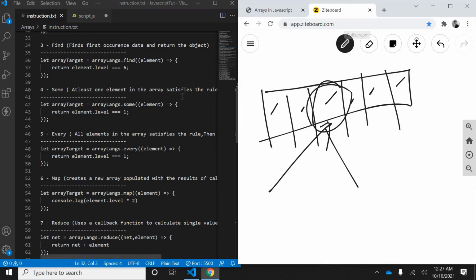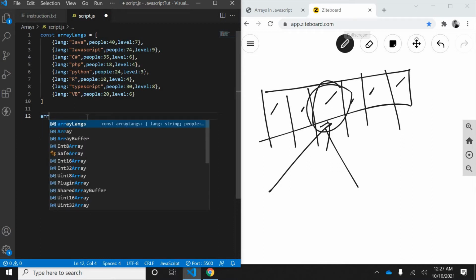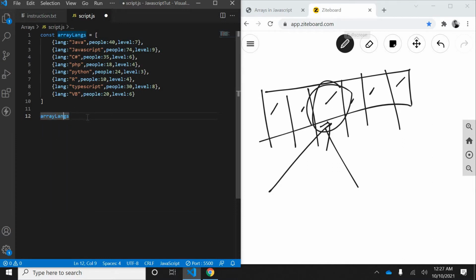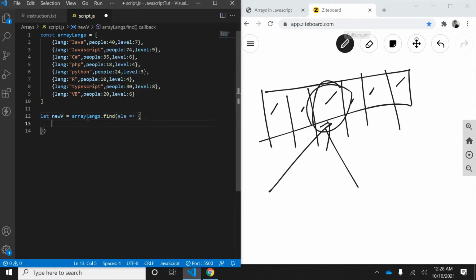Let's hit this array.length. I'll create a let newValue equals array.length.find. Inside that, as usual, I'll give the element ele, then an arrow function. Inside that, return those values which have ele.level equals 7.